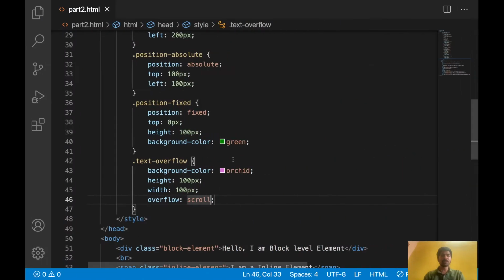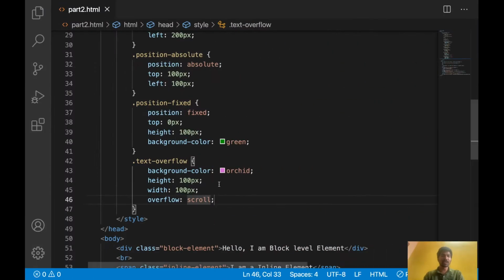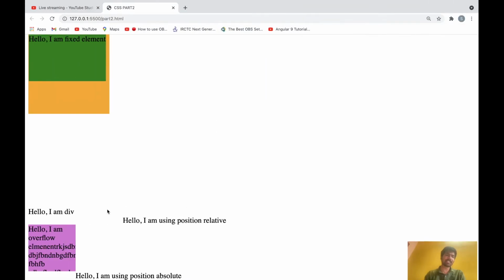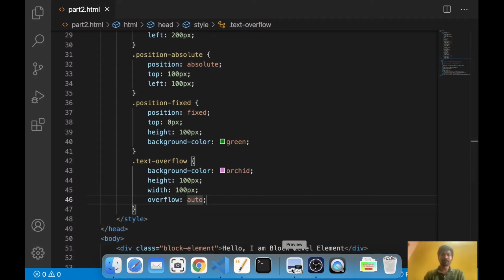So with overflow scroll, the scroll bar will display even if the content is not exceeding. So better we should use overflow auto. Overflow auto will check, and only if content is exceeding will the scroll bar come, otherwise it will not. Okay, that's about overflow.